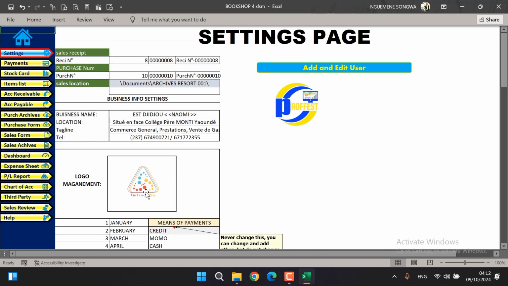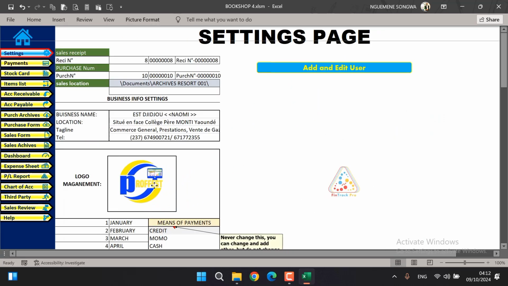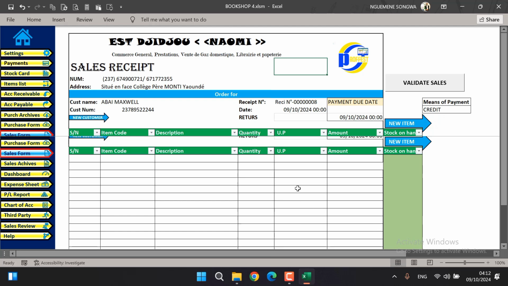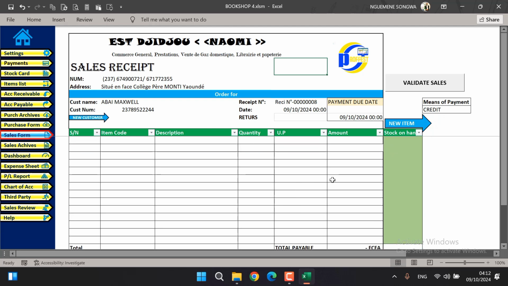If I go back to settings, remove this logo and put in this other logo, and then go back to the sales form, you'll notice that the new logo is available. So this is where you make your sales. When a customer comes and is making a purchase, you definitely have the possibility